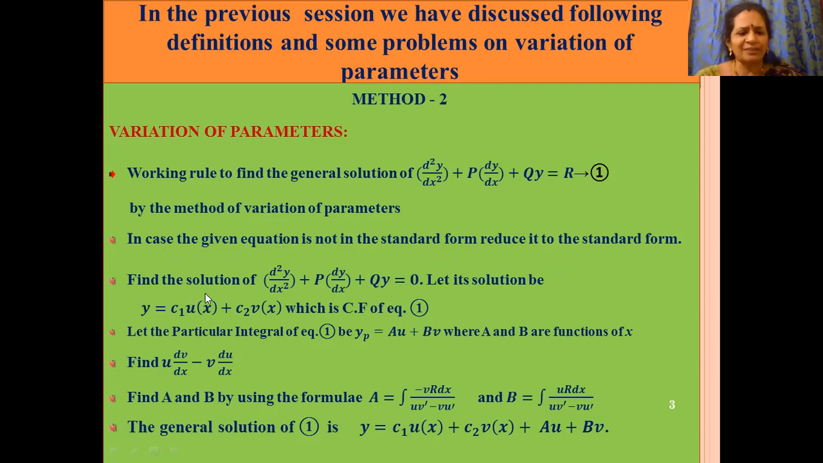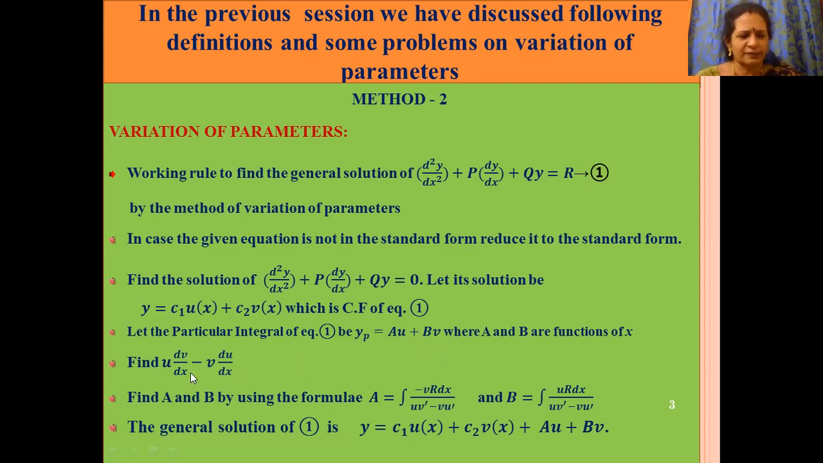Now after that, find the solution of d square y by dx square plus p into dy by dx plus qy is equal to 0. Let its solution be y is equal to c1u plus c2v, which is the complementary function of equation 1. This is equation 1. Let the particular integral of equation 1, yp, be written as Au plus Bv, where A and B